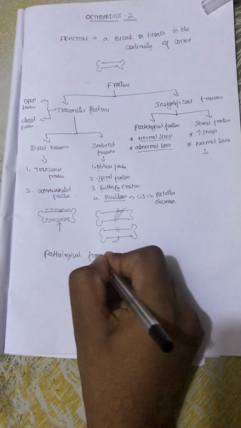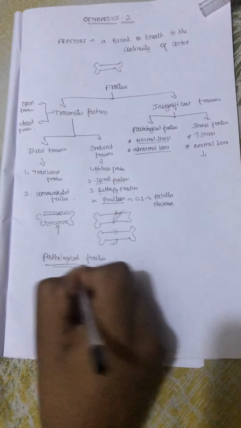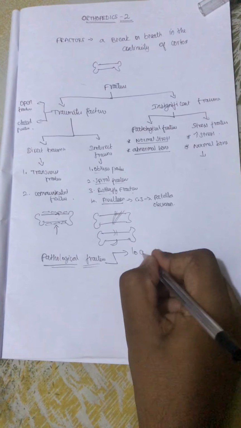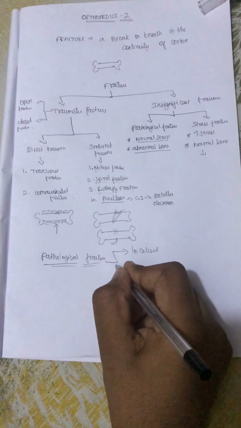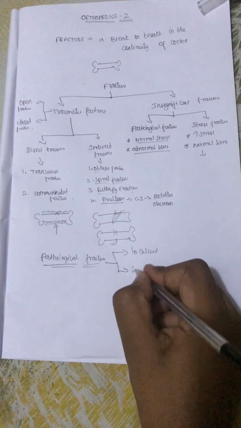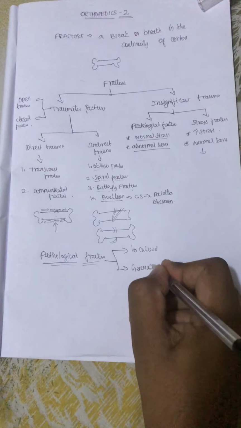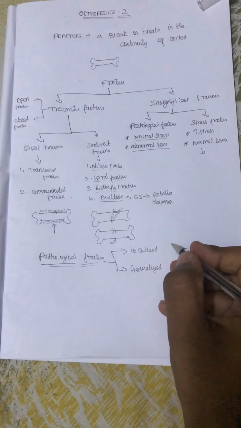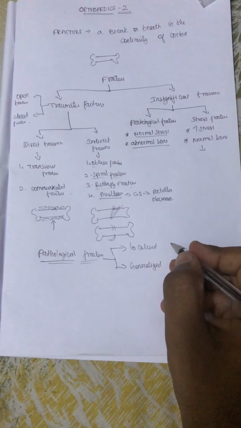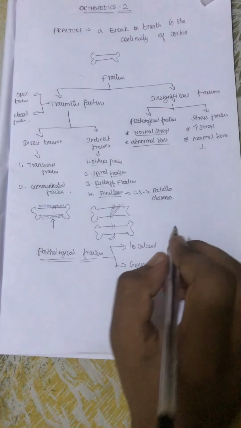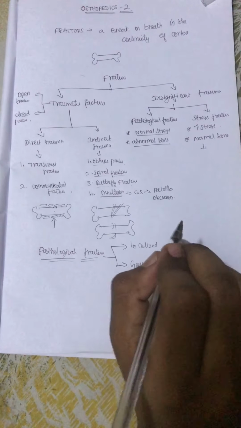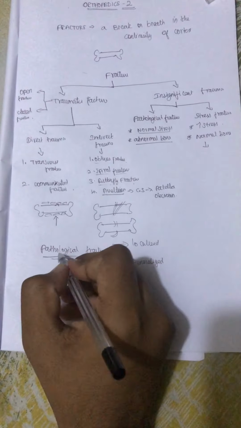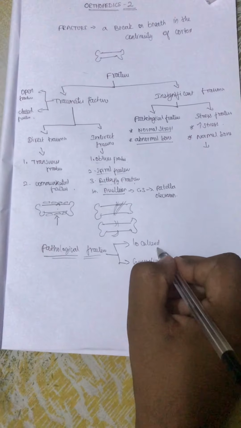The pathological fracture may be of two types, which may be localized or generalized. The cause for the localized type may be infection or ischemia or cyst formation or lesion or tumor which occurs in a single part of a single bone. For example, if a cyst forms in the femur, that is called a localized pathological fracture.